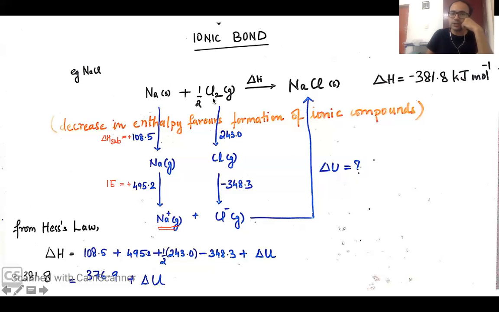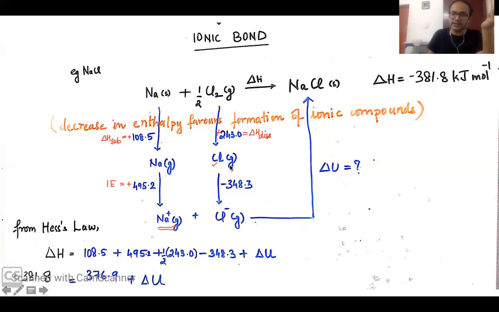Now let us look at all the changes that are happening in chlorine. Chlorine exists in the gaseous state. In its natural elemental state, it exists as Cl2. So we have to first convert it into its atomic form. That means you have to dissociate this diatomic chlorine. Here we have the enthalpy of dissociation. We dissociate this Cl-Cl bond to get the chlorine atom. That is again an endothermic process. We are requiring energy